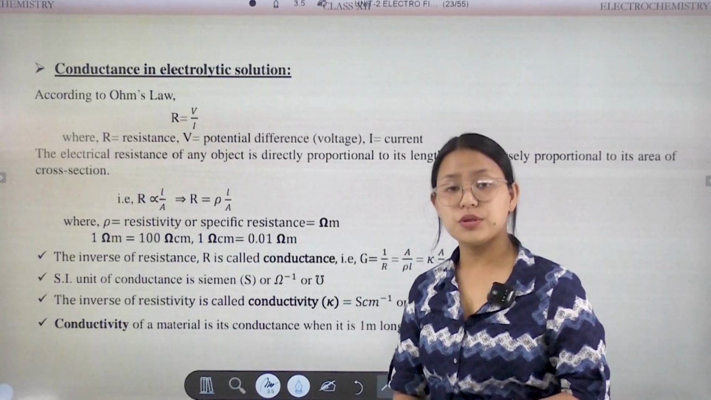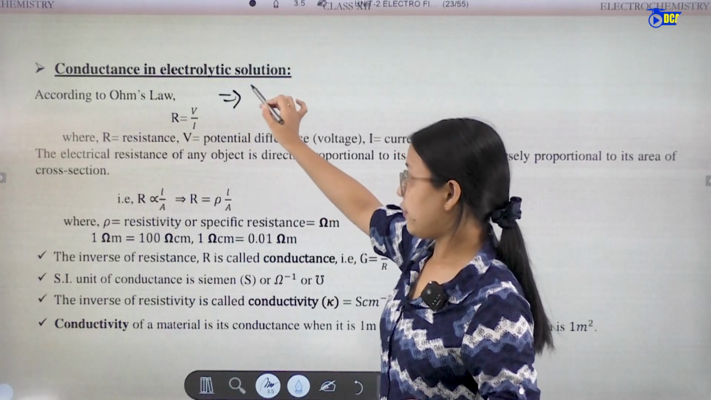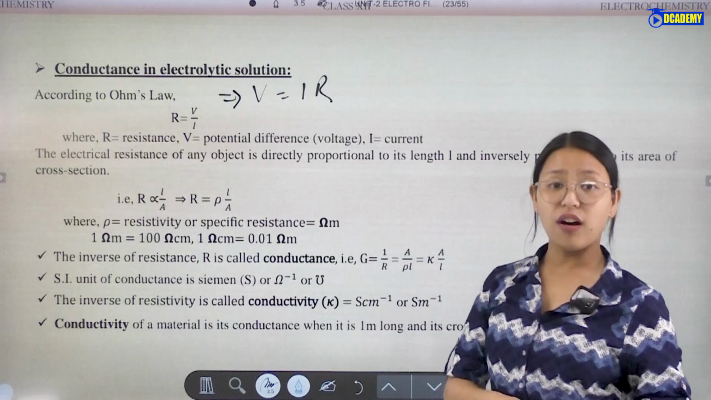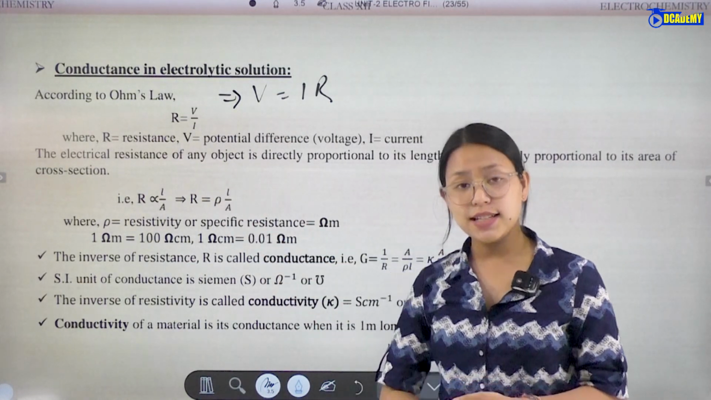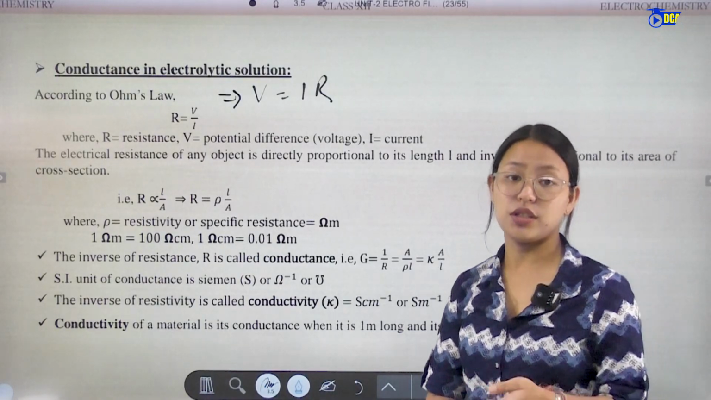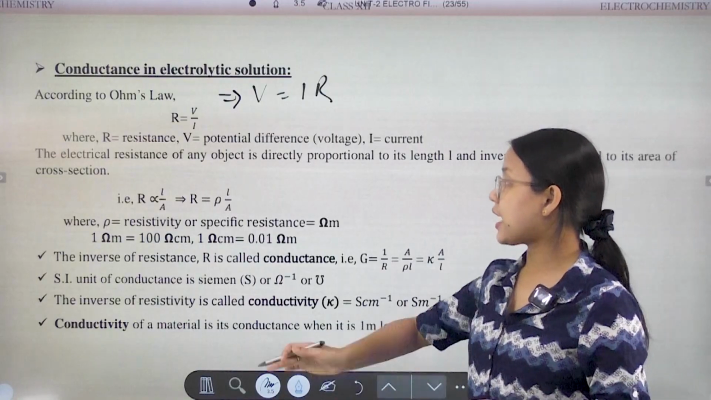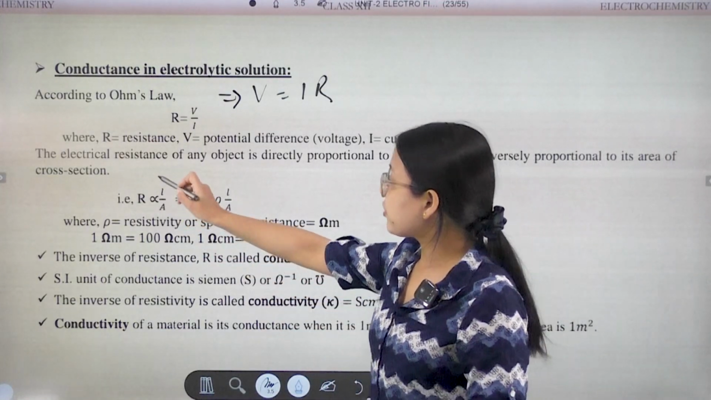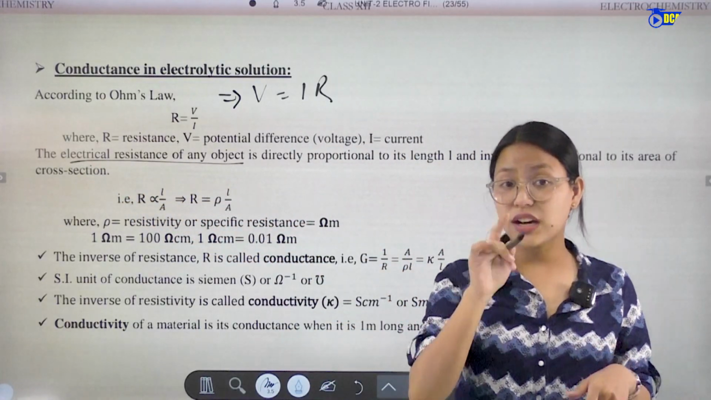According to Ohm's law, V equal to IR, so R equal to V by I. Here R is the resistance, V is the potential difference or voltage, and I is the current. Such that the electrical resistance of any object is directly proportional to